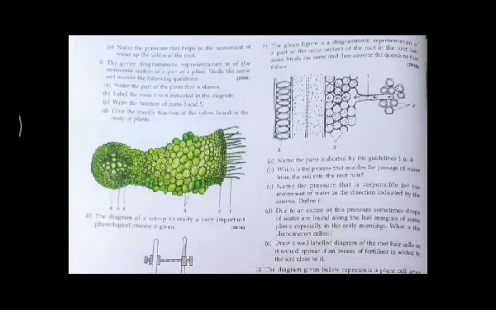Now move ahead with question number 11. Question number 11 is again a question related to the board examination. Here the given figure is a diagrammatic representation of a part of a cross section of a root in the root hair zone. Study the same and answer the questions that follow. 2016 is the year in which this question was asked in the board examination. So you need to study this question very carefully.